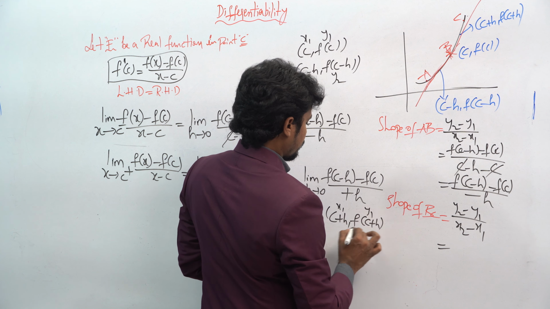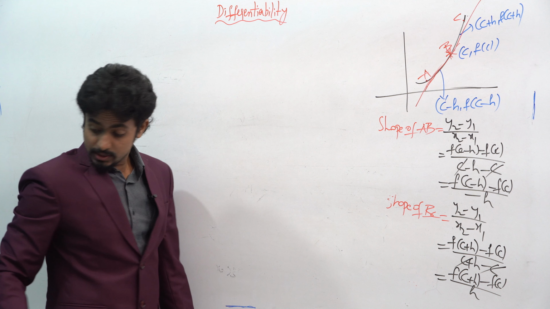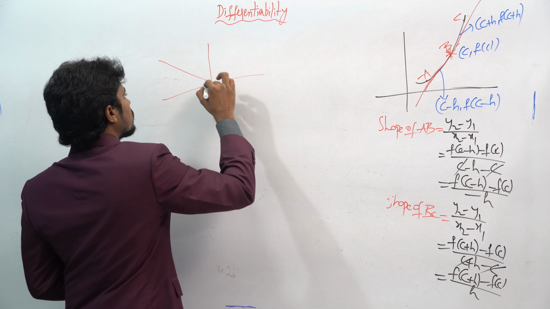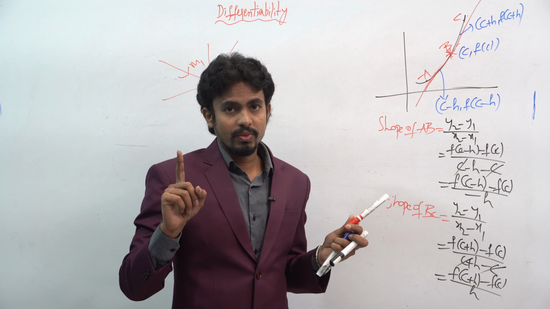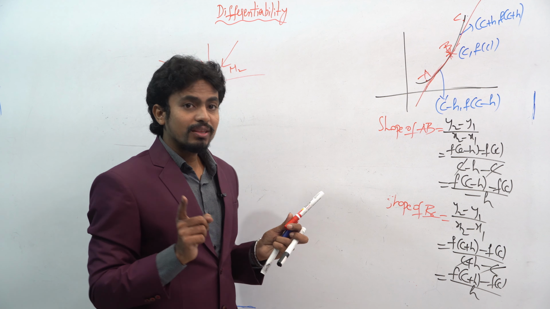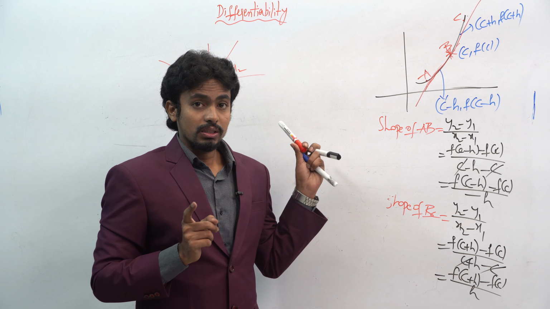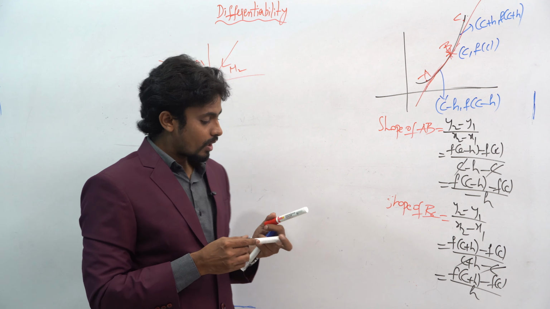And one more thing I have to tell you about differentiability. For example, if this is the slope m1 and this is the slope m2, they meet at a sharp point. You can't find the differentiability here. You can't apply the slope at this point. Whenever you apply the slope, the plot must be smooth, then only can you apply it. So here you can't apply the differentiability operation.